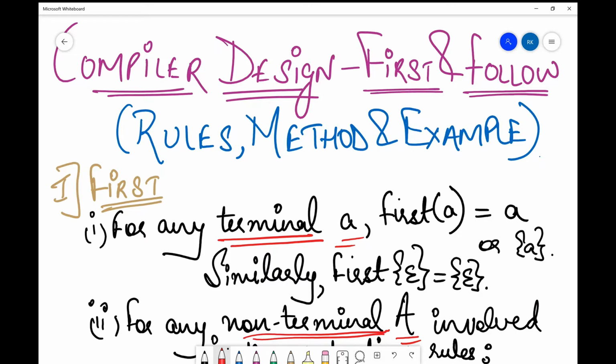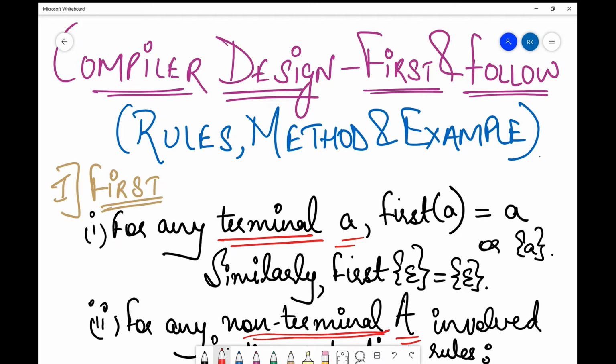Topic from compiler design. Yes, when you see the trend in past question papers, GATE question papers, you'll find at least one question from First and Follow. If they are talking about compiler design, they are going to ask you something for sure from the topic of First and Follow. So here I am to first discuss the concept of First and Follow, and then we'll practice it with a GATE previous year question. Okay, so let's start and see what it is and how we do that.